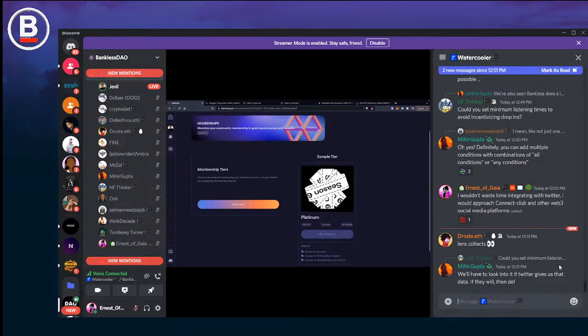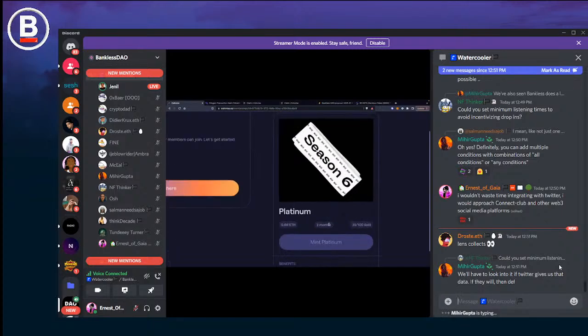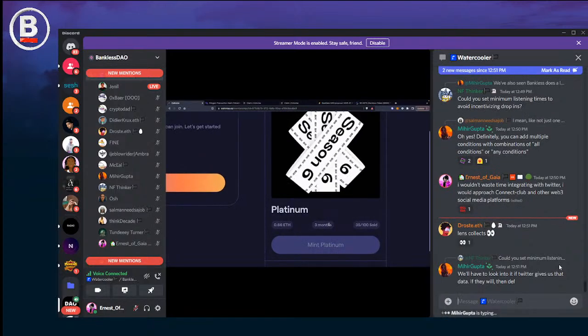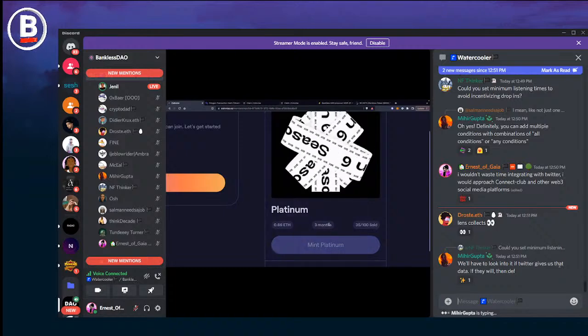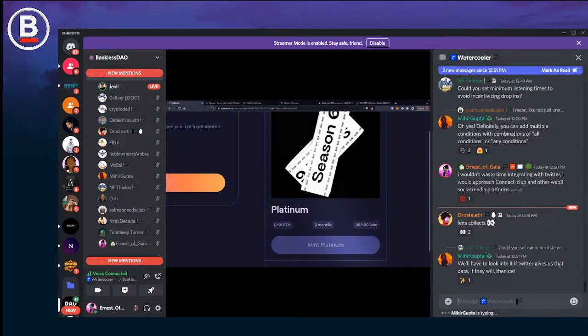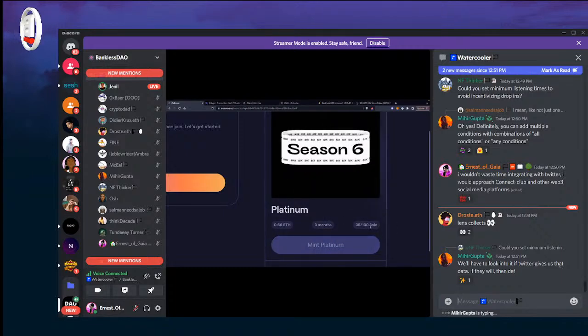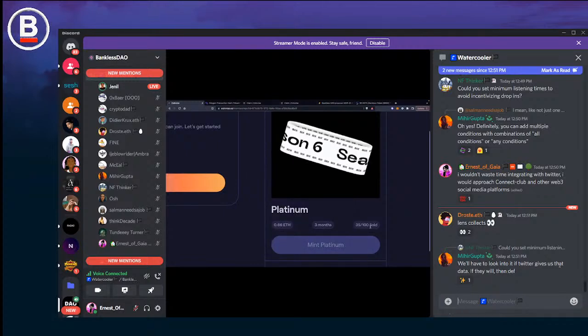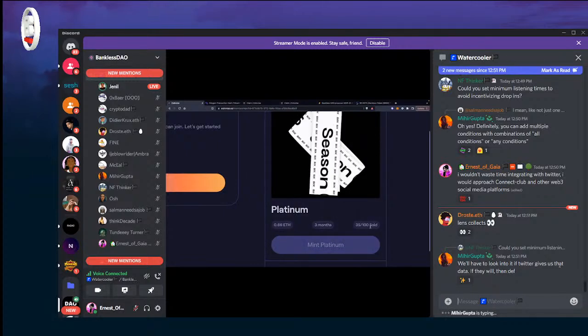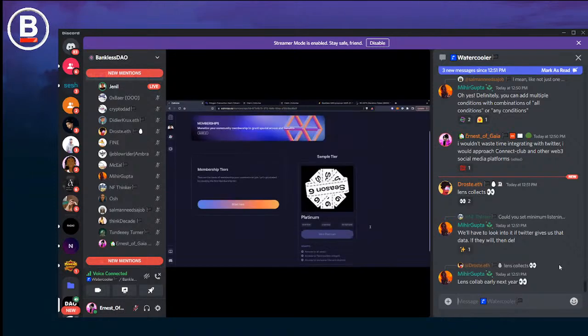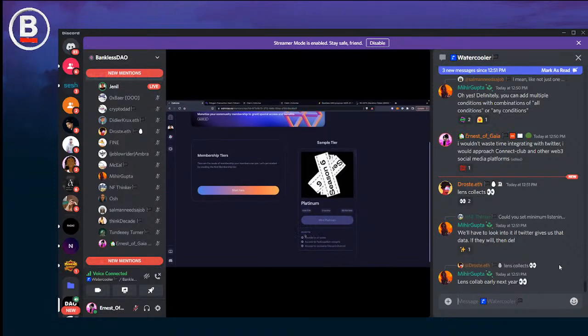So this is the NFT itself. It could be an image, it could be a GIF, it could be a video, and it has a certain price in ETH or Matic, and it has a certain validity period. So this could be 3 months, 6 months, 1 month, depending on what suits you, and a particular quantity. So this could be 100, as much as 10,000 or more if you would like to, and it has certain benefits listed.